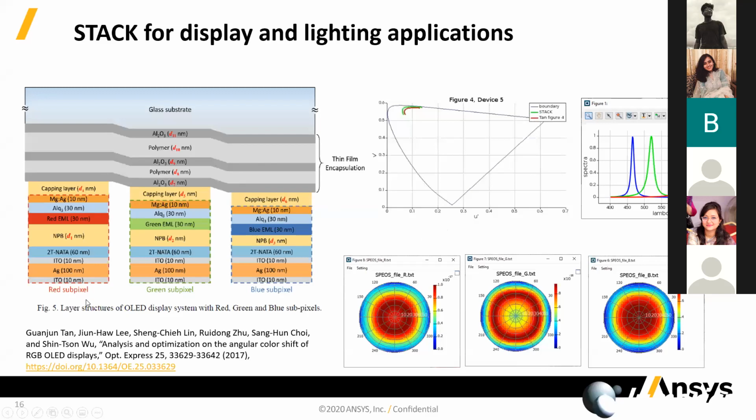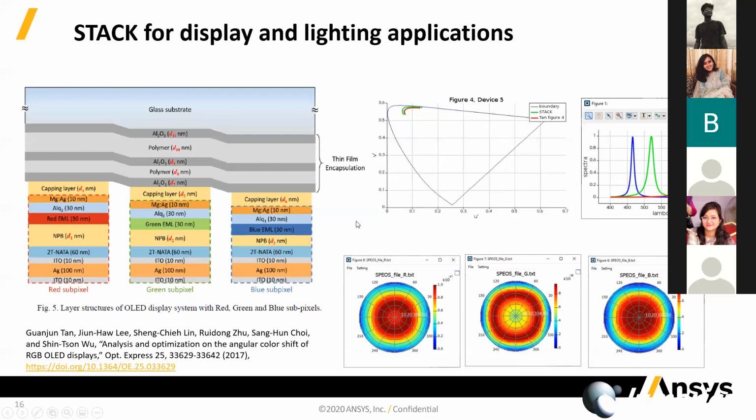Once you have done these calculations with stack, you can see how much light is getting transmitted through these layers and how much light is getting reflected. That allows you to adjust these layers to reduce reflection, and optimize the light propagation at the correct wavelengths for the different subpixels of your OLED display. After the simulation with stack, you can get plots like this, where you can see that for the different pixels, you are transmitting light of the right frequency and rejecting all the other light for the other filters.